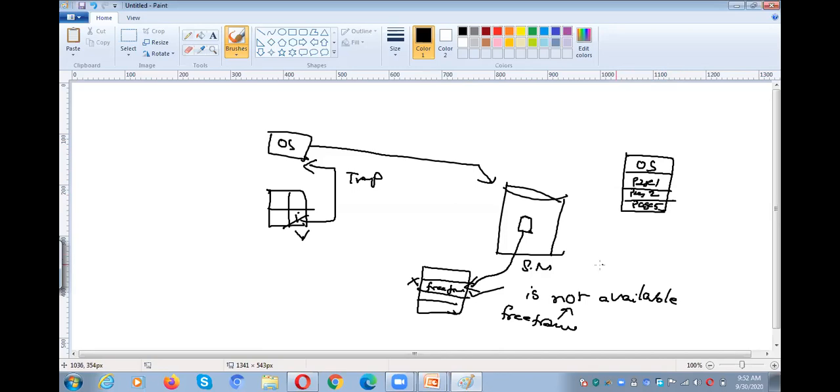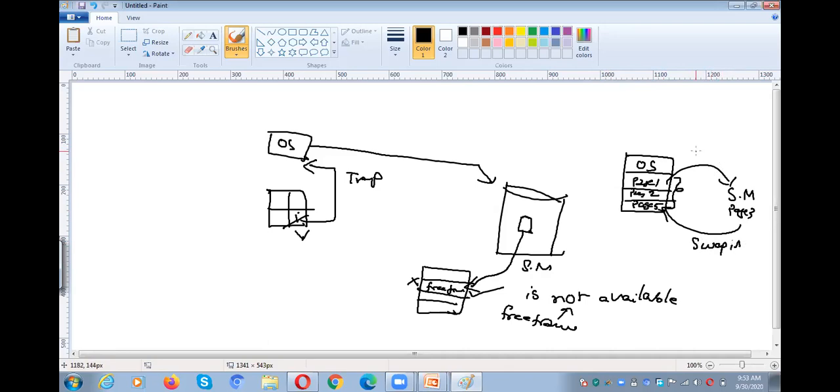Now you require page 3, for example, but there is no free frame in the main memory. So what do you have to do? We need to swap out one of the pages from the main memory to the secondary memory backing store, and we need to swap in page 3 into the main memory.